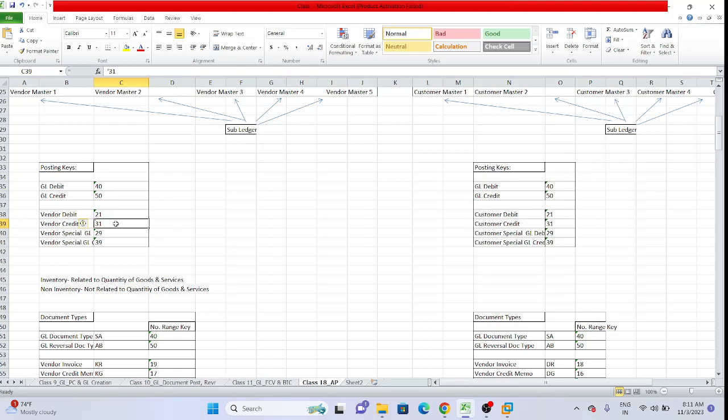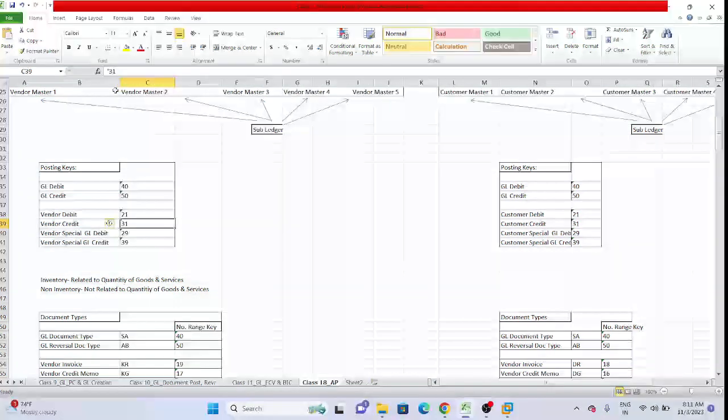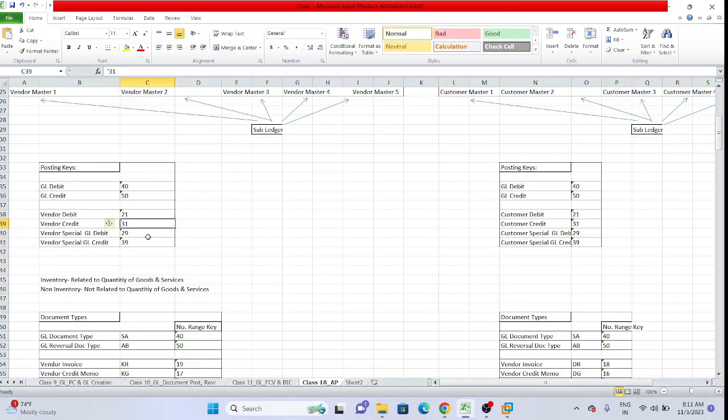For vendor special GL, meaning advance or retention related, the vendor special GL debit is 29 and vendor special GL credit is 39. Similarly, customer debit is 21, customer credit is 31,